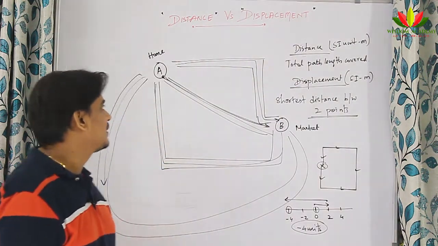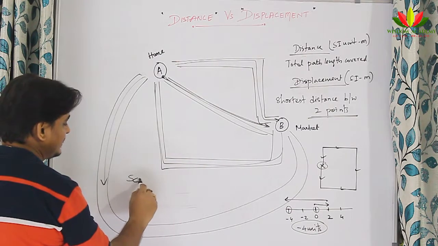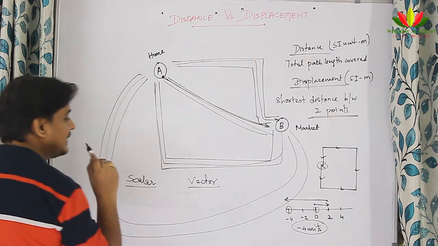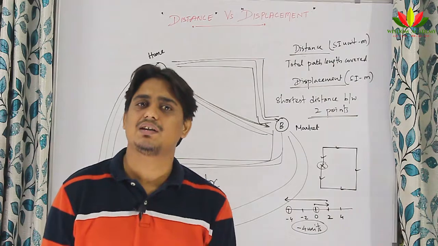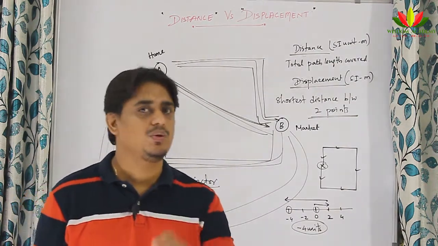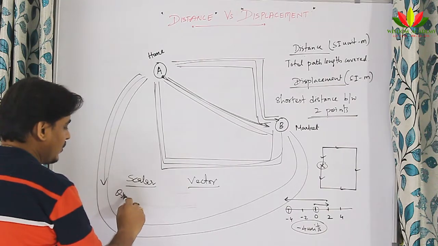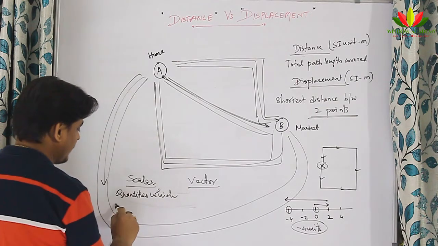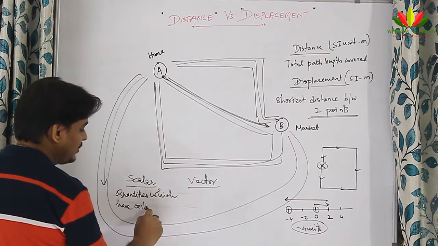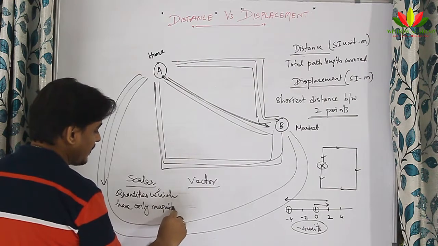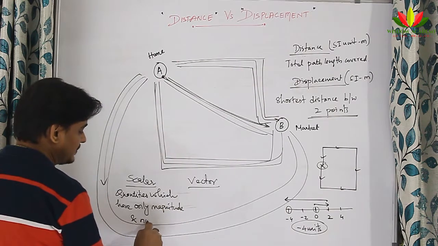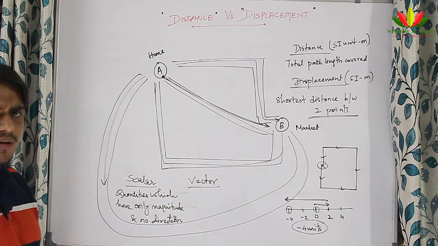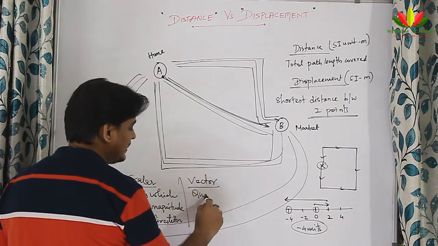One more thing I will tell you, something about scalar quantities and vector quantities. So scalar and vector, you will study about this in detail in the 11th standard, but remember that scalar quantities are those quantities which have only magnitude and no direction. So scalar quantities are quantities which have only magnitude and no direction, whereas vector quantities are those quantities which have